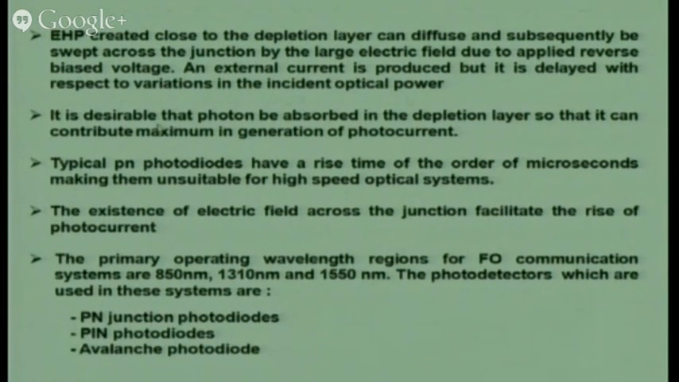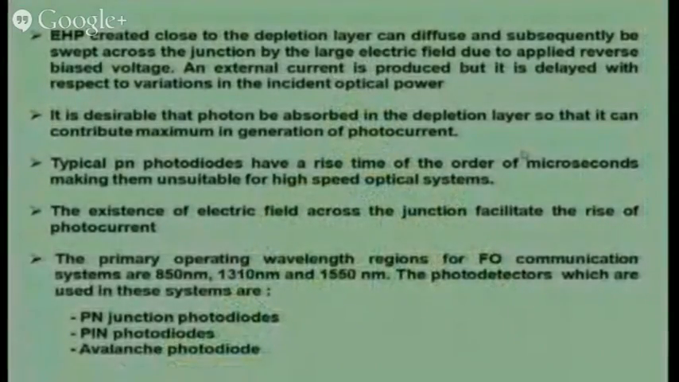It is desirable that the photon be absorbed in the depletion layer. Basically, we want the maximum absorption of the photon to take place at the depletion region because it creates the electron hole pair there itself, and then when it crosses the junction, it contributes to the current. So we want the depletion region to be much wider as compared to the